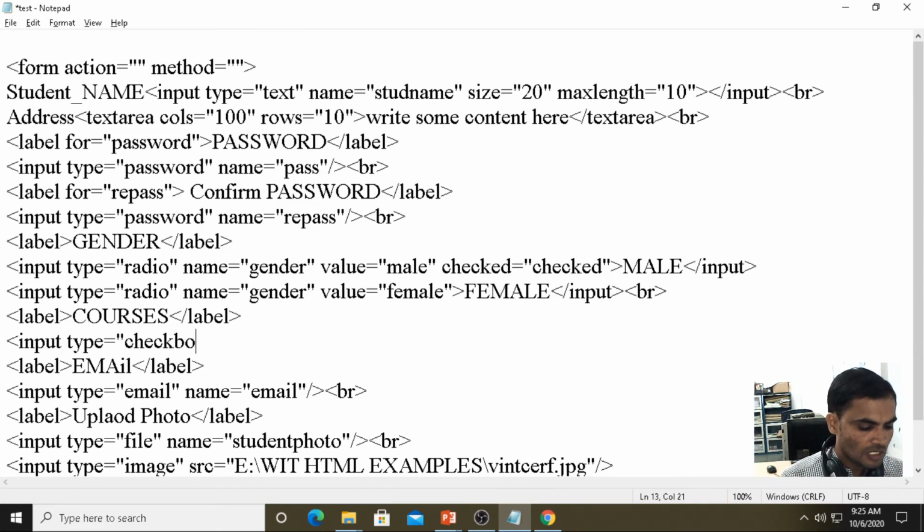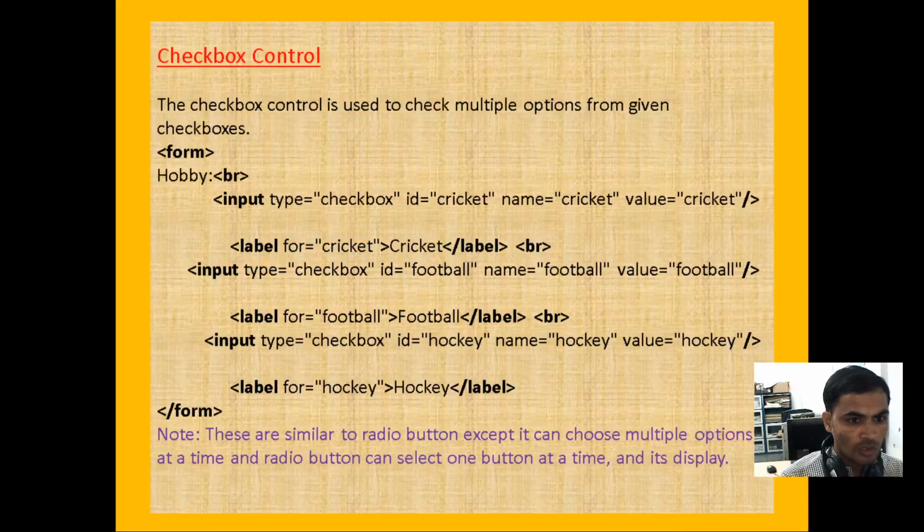The main usage of this tag is that we can select multiple options with the help of the checkbox. Input type equals to checkbox.